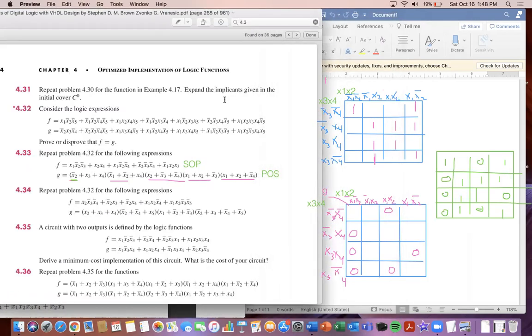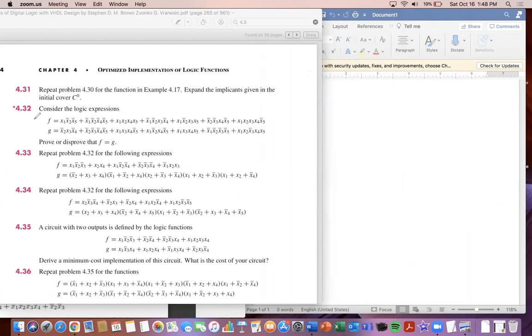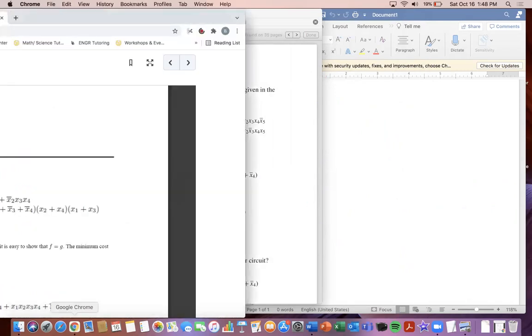I guess, did they ask for that? They didn't ask for a minimum SOP. It just wanted us to repeat. If you want to find a minimum SOP, all you do is circle the ones you want, then group them and simplify. Okay, so now that we know how to do that, we can do his next one, which was